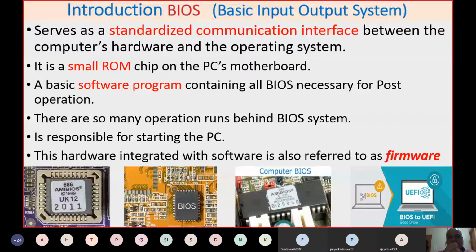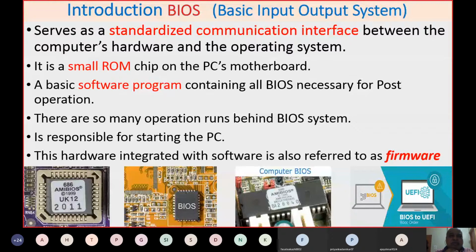So let's see. In today's lecture, I'm going to introduce you to the concept of BIOS. Then what are the functions of BIOS? Then how it is actually implemented. Then what is the difference between BIOS and CMOS. Then with the BIOS, how you can start the computer, that is the booting process of the computer. I mean, how exactly the computer starts, or the different steps of starting a computer. This is what I'm going to cover today.